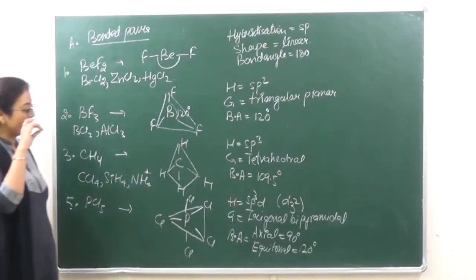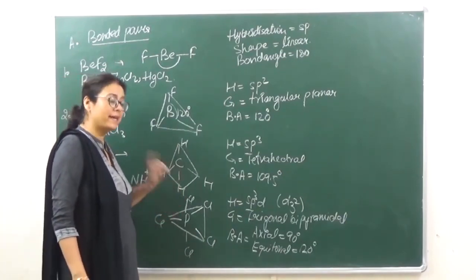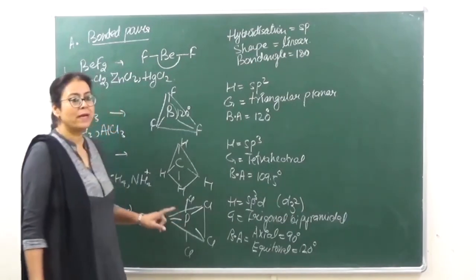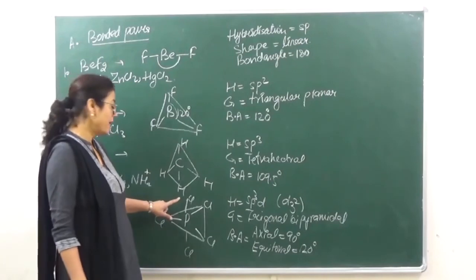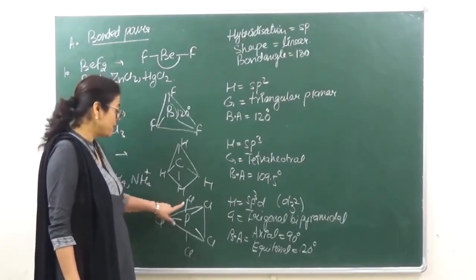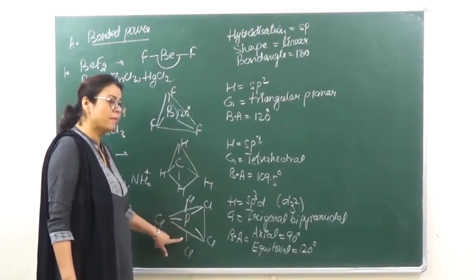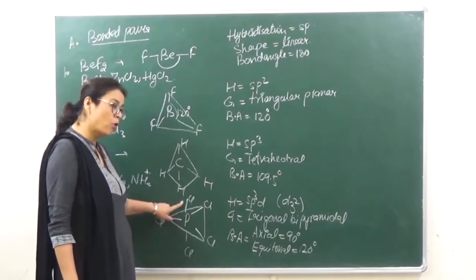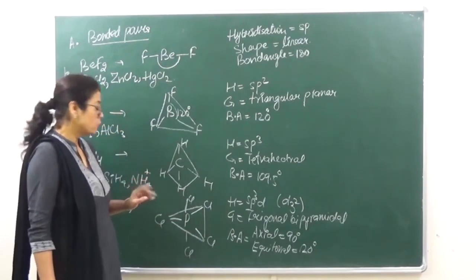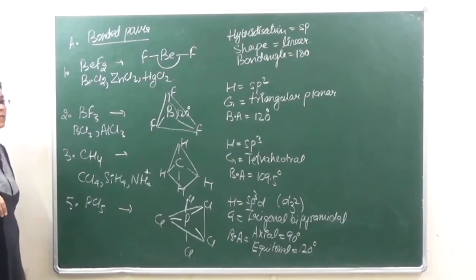Now also you have to remember in this that the length of the axial bond is greater, whereas the length of the equatorial bond is going to be less. Why? Because the axial bond over here is suffering more repulsions. This axial bond is being repelled by this one, this one and this one. So this is going to suffer more repulsions, whereas this one is repelled by only these two. So equatorial bond length is going to be smaller as compared to axial bond length.